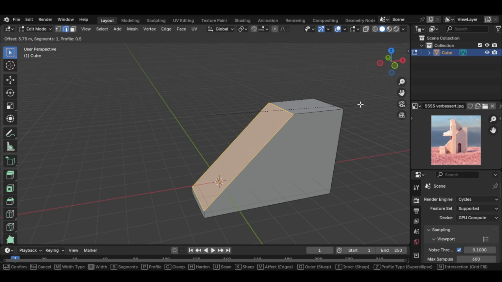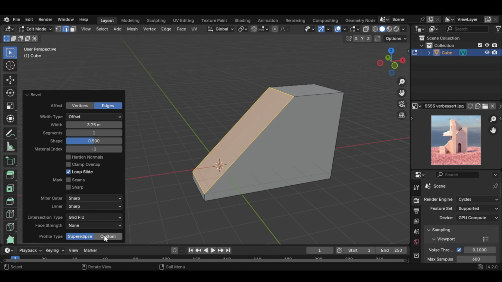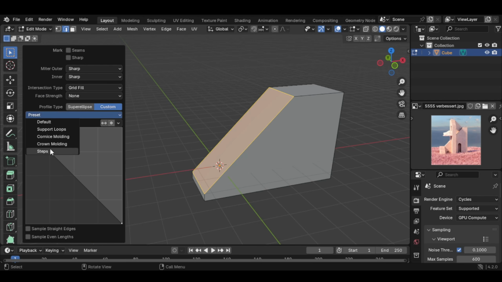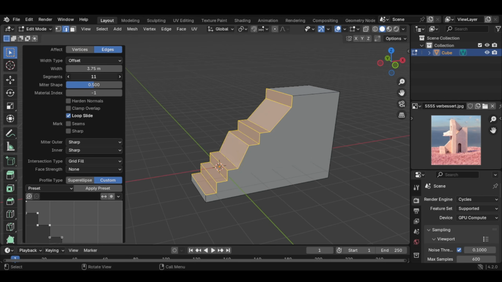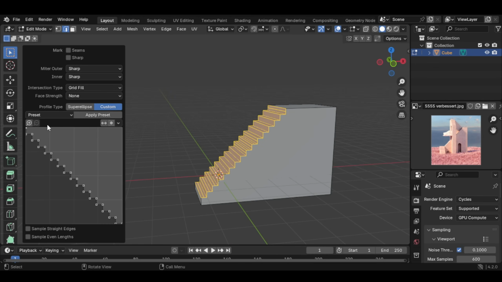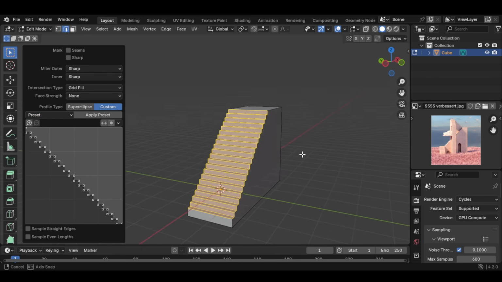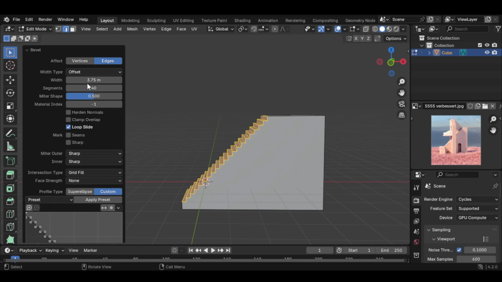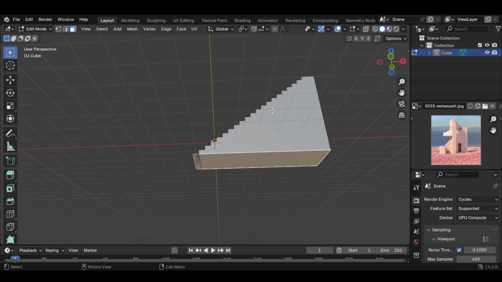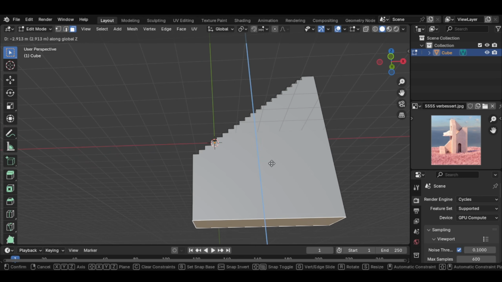to bevel, go to this menu, go to Custom, Preset, Steps, and increase the segments. Let's go to 40 segments, go to Steps again, choose the width, select this face, go to G and Z,